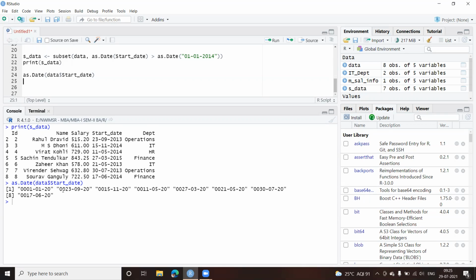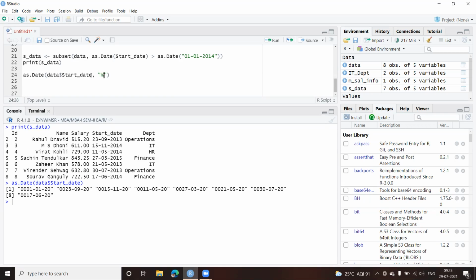Okay, so if I have to specify this part, let us put the year first, then the month, and then the date. Let me convert this. If I change the format, I give a comma and in double quotes, I give percent.